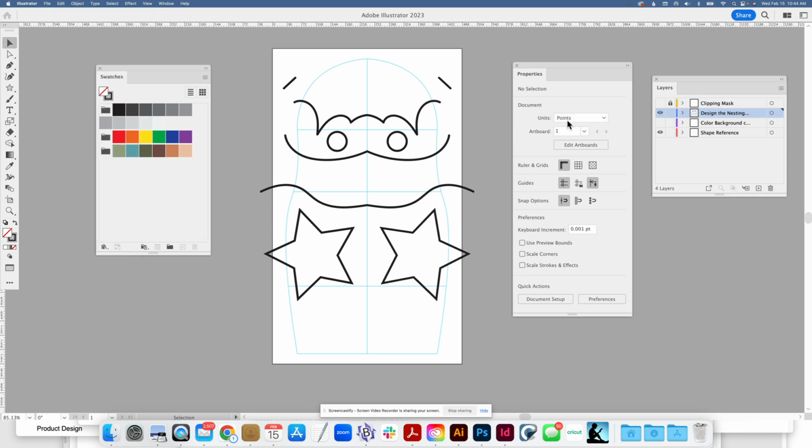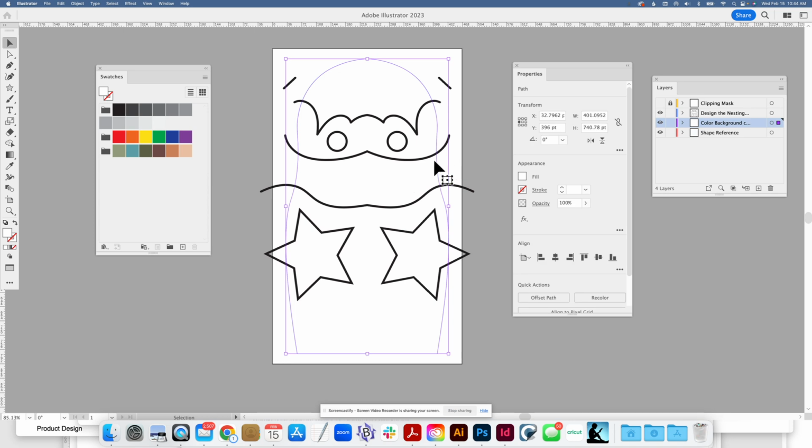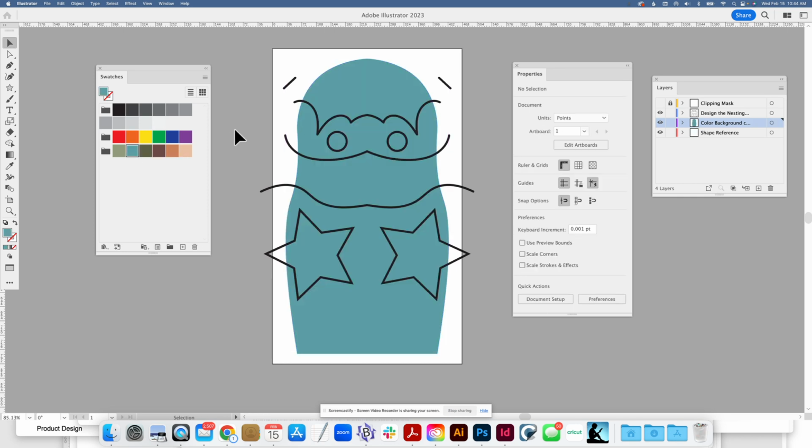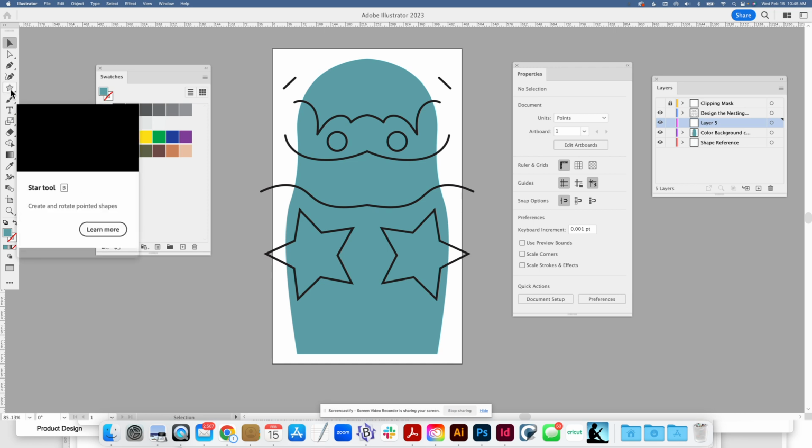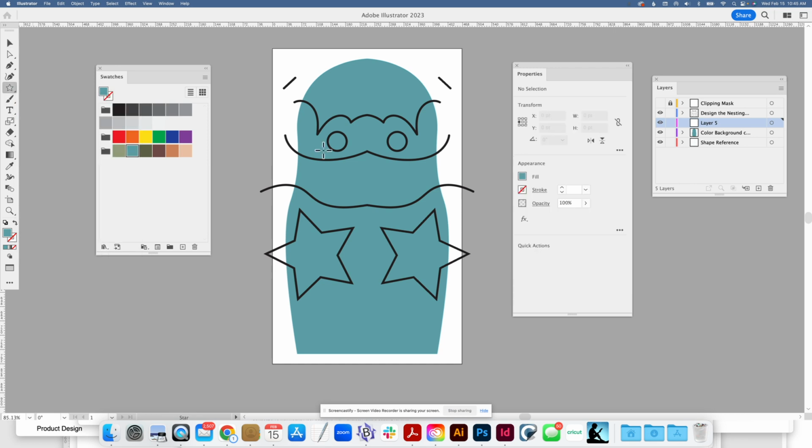So now we've got this line art here. Now I'm going to wake up this layer here, and I'm going to select this shape which exists in that layer, and I'll just apply something like this. And I could now add another layer if I wanted to, and continue to paint and do all kinds of things here. Remember, it's no longer mirroring now, so if you wanted to select your design and color the eyes, you would need to